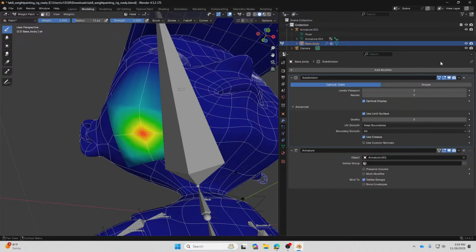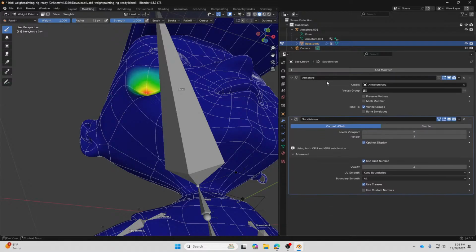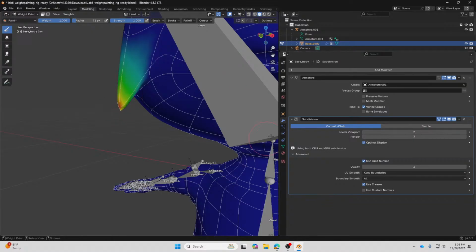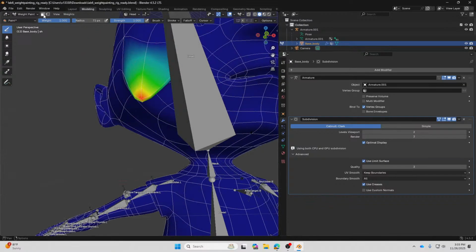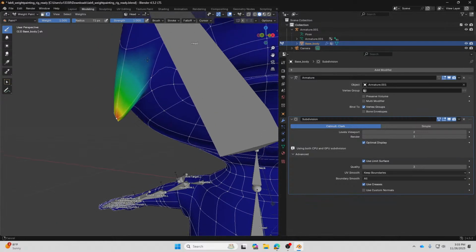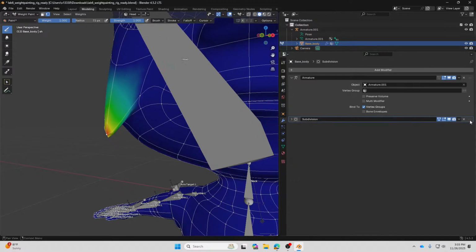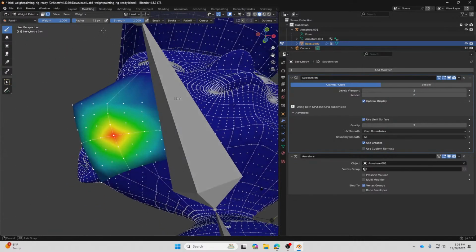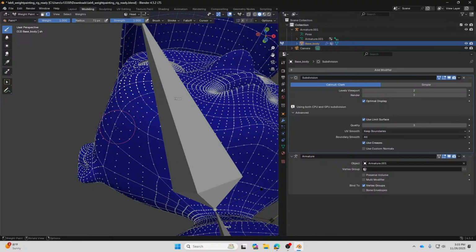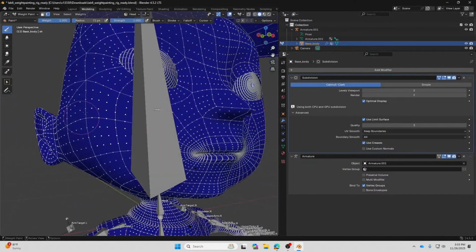Okay guys, I think the problem is just the subdivision being underneath the armature. It is going to deform and basically subdivide the mesh even more. So that is a little bit difficult for you to paint on because now the program doesn't know which vertex you work on. So for now, I will put the subdivision on top of the armature, and as a result you have the whole voice like this. It's easier to paint on.